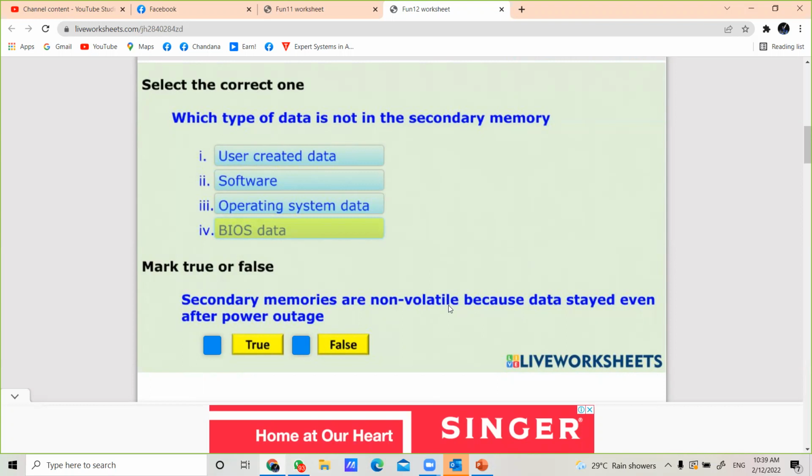Can you remember that one? ROM memory. ROM memory is also non-volatile. Like that, secondary memory is also non-volatile, mainly because data is available even after power off. Therefore, secondary memories we can identify as a type of non-volatile memory. Right, that's about